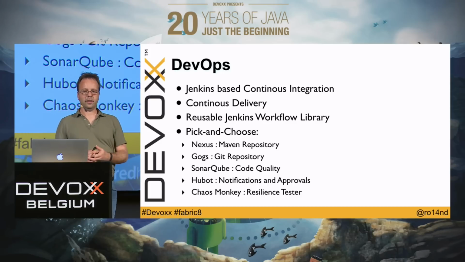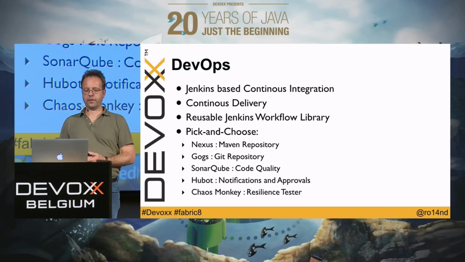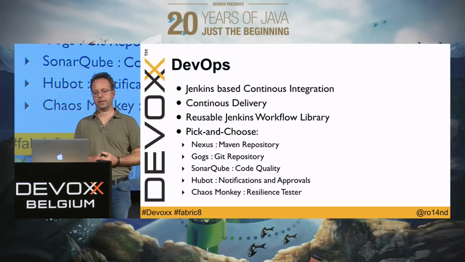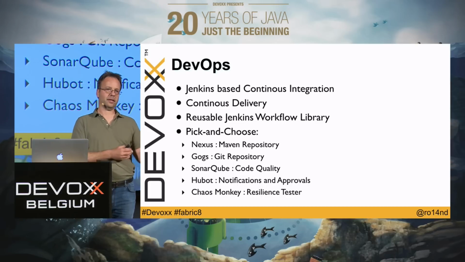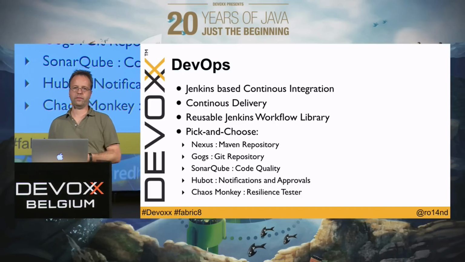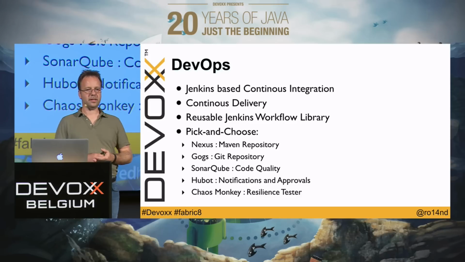And these images which come with this DevOps part allow you to realize a continuous delivery pipeline. And this continuous delivery pipeline is again based on another add-on of Jenkins, the Jenkins workflow plugin. So fabric8 delivers a reusable Jenkins workflow library, which is nothing more than a set of Groovy DSL files. So you can define your complete Jenkins flow, so what you are building, where you get your Maven, what you are doing, how to increase the version numbers and so forth, directly in your own Groovy DSL.